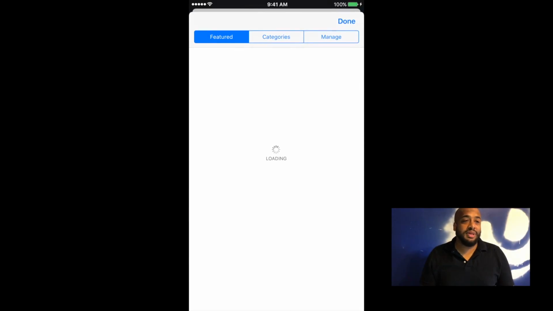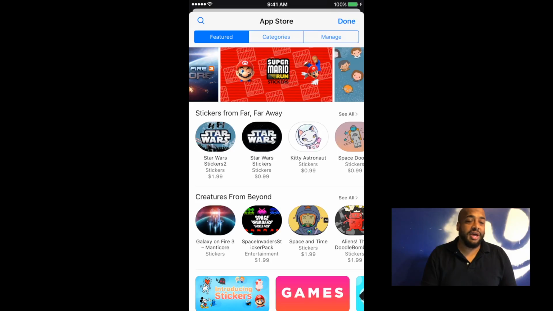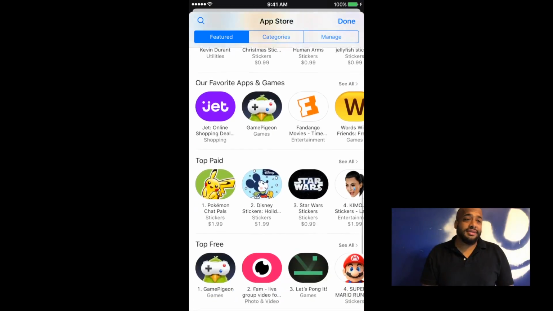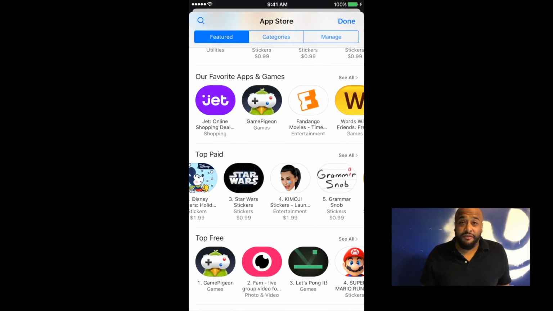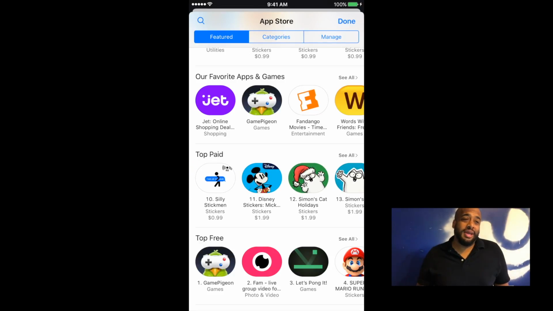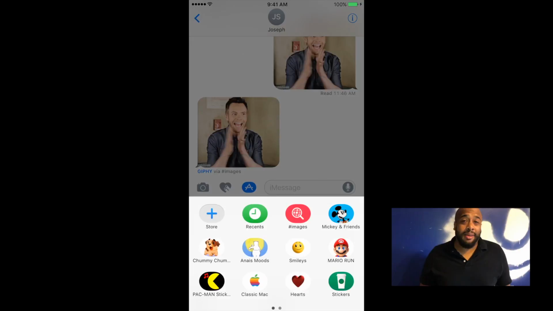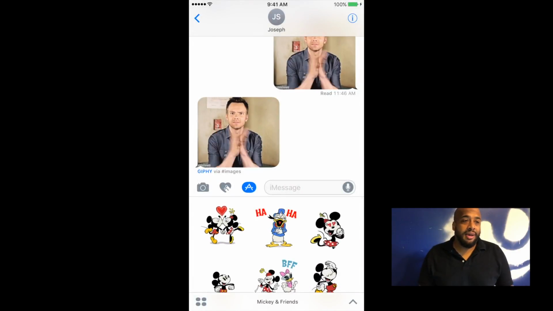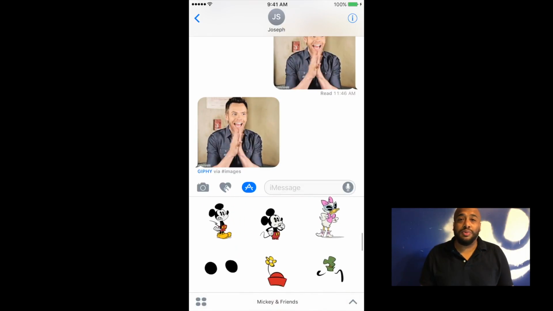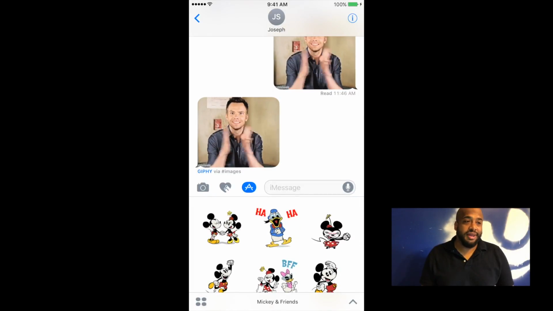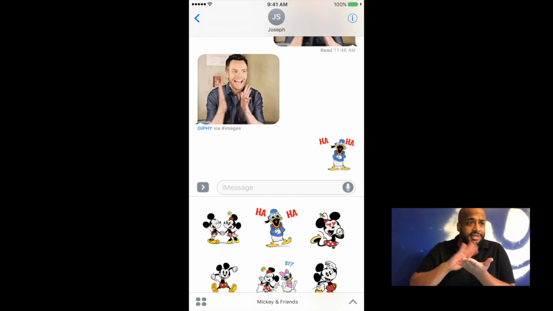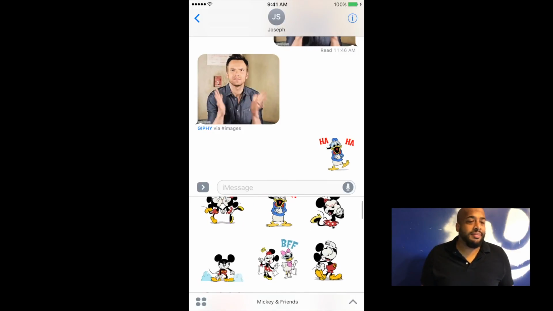There's a plus symbol that gets you to the sticker store. Say that 5 times fast. And to be perfectly honest, the ones that you pay for are actually a little bit better because they put more into the stickers. I mean, the Mickey ones I purchased for I think $1.99, and they're cute, but they don't really give you that much, to be honest. I mean, they give you maybe 15 or 20 stickers, but it's Mickey, and of course, we all know Disneyland,